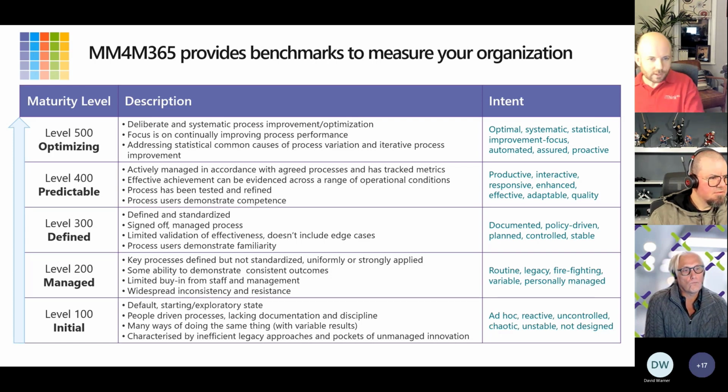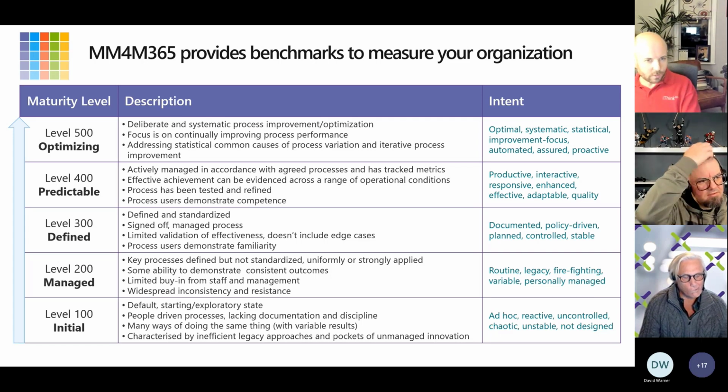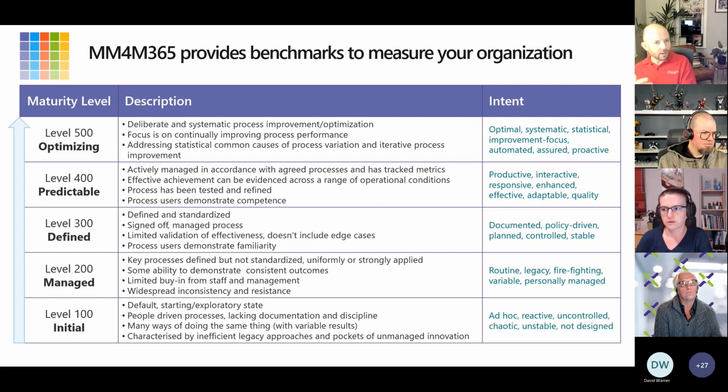Level 300 we still see as the place where you want to be, where processes are defined and standardized across the organization. Moving then to level 400, we're starting to build some measurements, some quantitative levels, which we can use to understand and test how we're doing things, so that we can then move to level 500, where we're starting to optimize and try things out, measure them, and work out what works and what doesn't work. So those are the levels in the maturity model. Move to the next slide, that'd be grand.